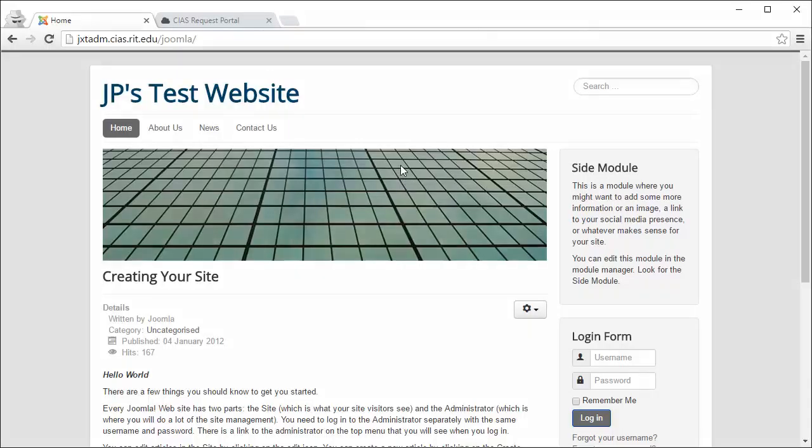Alright, so I loaded up my Joomla website again. You can enter in your username and go to this path and see yours. One thing I didn't cover when we were installing Joomla is the database. I'm going to just show you guys a tool. It's called phpMyAdmin. It's basically a tool used to browse your database. It's pretty straightforward, but I'm not going to go too in-depth into it. I think it's something that you'll cover later on in the next course. But I just want you guys to know what it is.